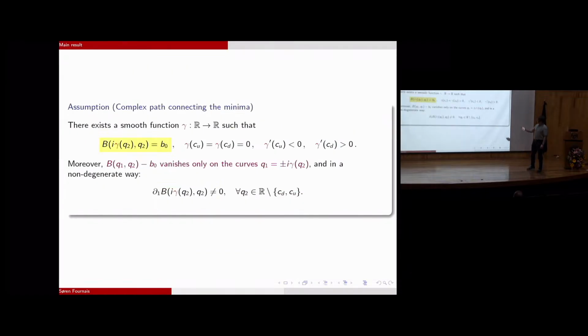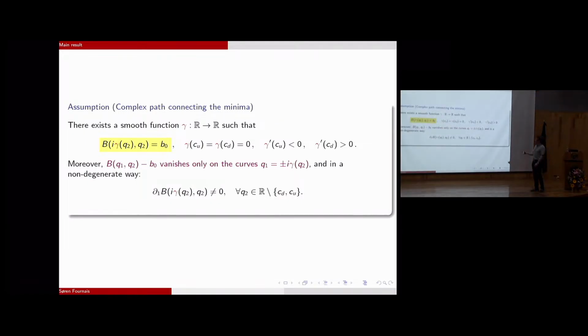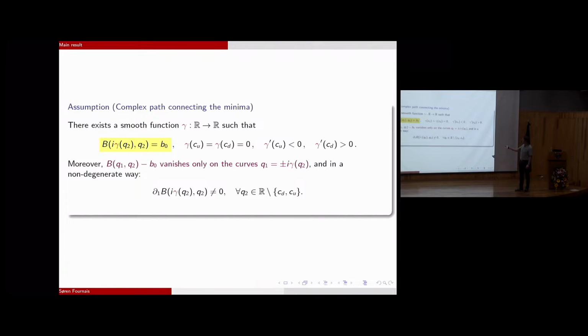Good. And then the other assumption, which is key both for the proof and for formulating the result, is the fact that we have a complex path that connects the minima. That was what we saw by simple calculations in the example, but we need that there is a smooth path that gives you the level curve of intensity B0. And of course that goes through the minima, and then you can choose it to satisfy